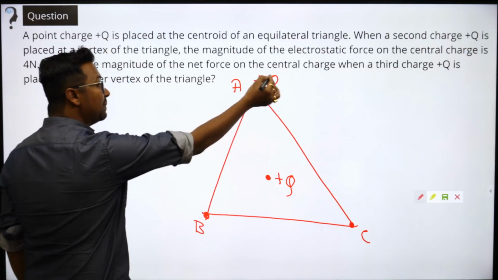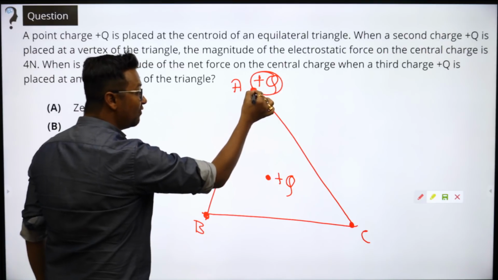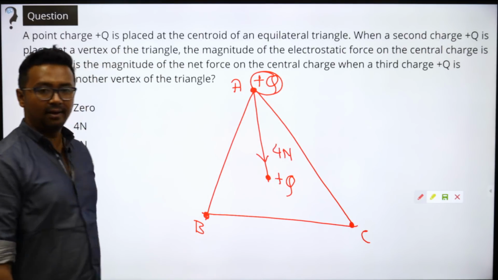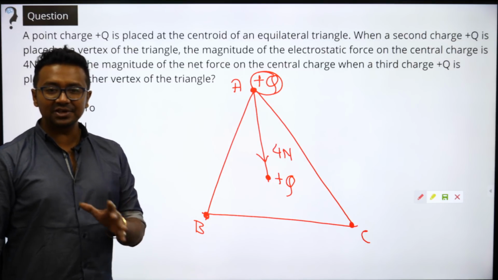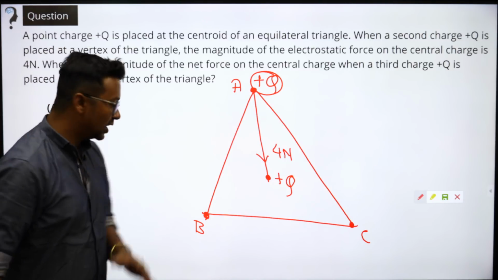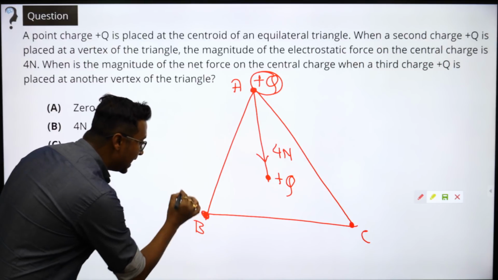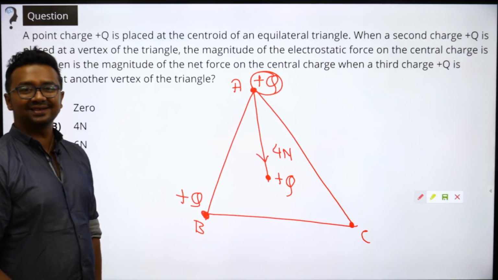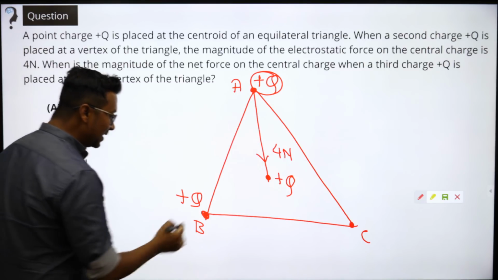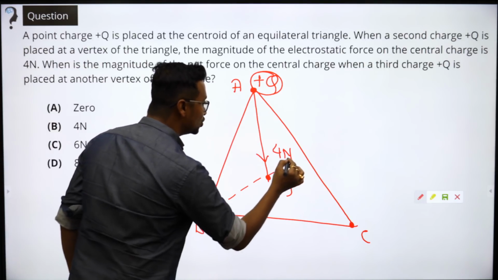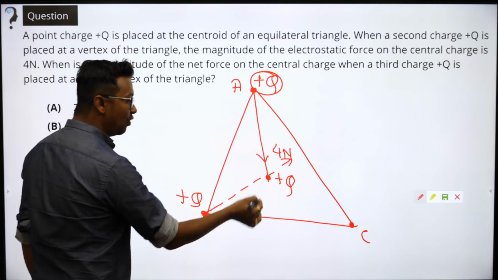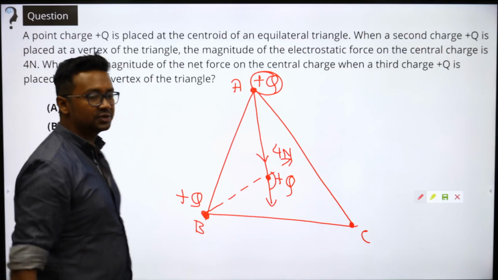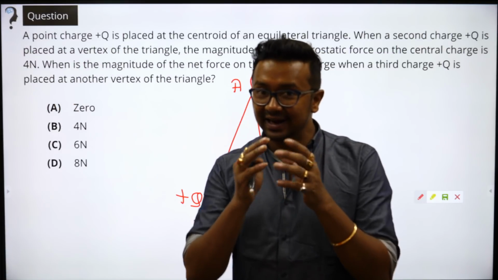ठीक है? तो A पे इन्होंने एक पॉजिटिव चार्ज रख दिया, तो the force between them is going to be 4 Newton. All right, now the question they have asked: उन्होंने ये पूछा कि मैं और एक वर्टिसेस में एक प्लस क्यू चार्ज और रख दूं, then what is going to be the answer? Now simple, आप इस तरीके से सोचोगे कि this is going to be 4, this is going to be 4, then I will take out the vector sum of these two forces. Now that is going to be a little lengthy.